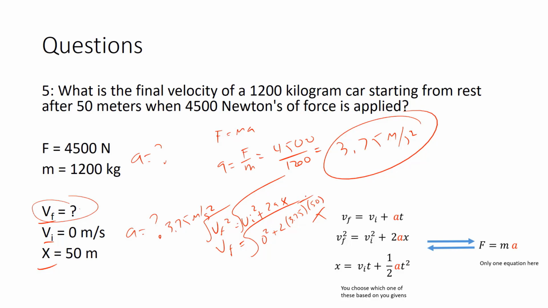So what is the final velocity going to be? We plug all of this in, and 2 times 3.75 times 50 equals, and then take the square root of that answer, and we get 19.36 meters per second. And so that's going to be our final velocity in this equation, and that's pretty much it. This is my basic introduction to Newton's first 2 laws. Hope you